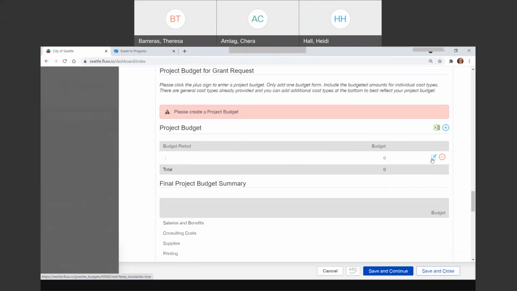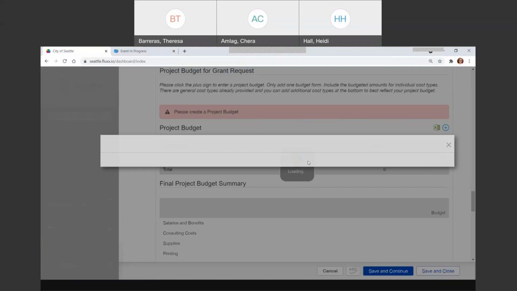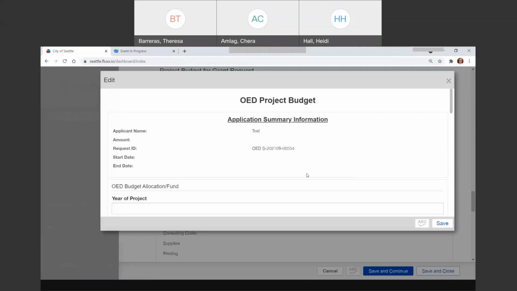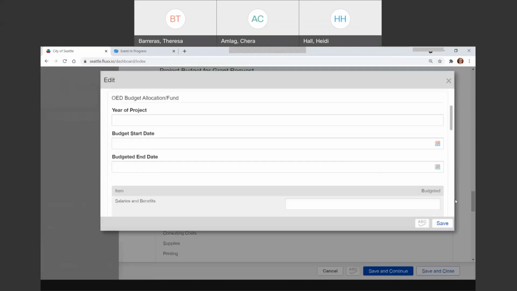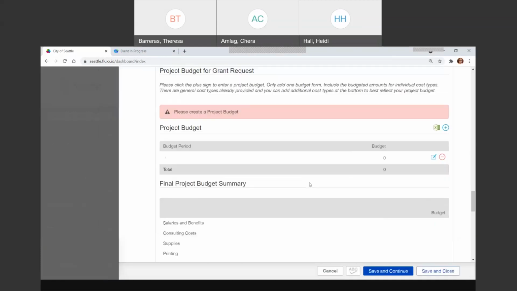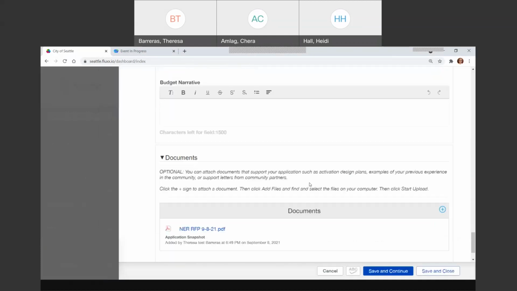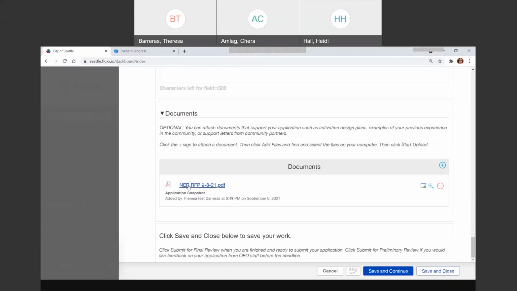So I can go back into the budget now and edit it. And it opens the form again, and I can keep working and save it as I go. And you can see the documents here that I added. And here you can see some options.